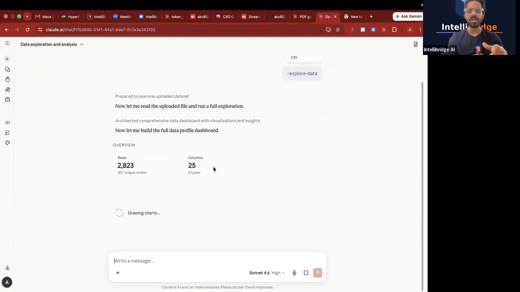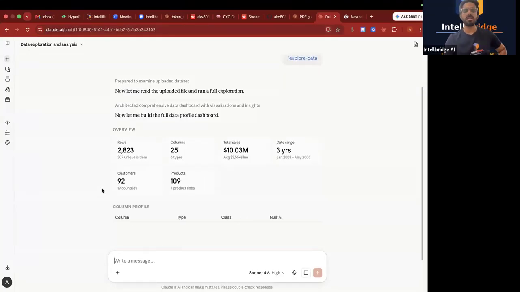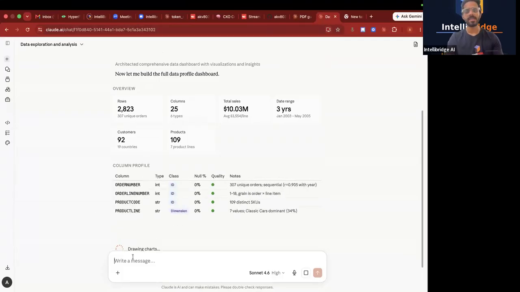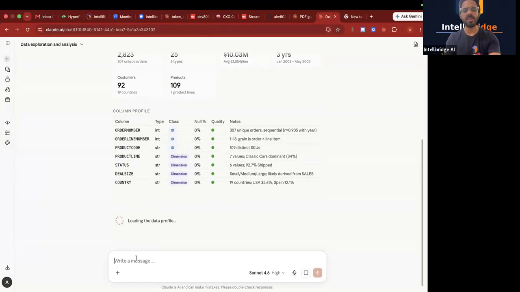So it will give you how many rows are there, how many columns are there, total sales volume, and all those things, right? Correct. So it's giving me the entire profiling of the data. And if I go